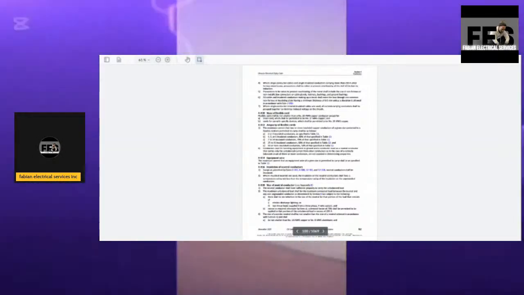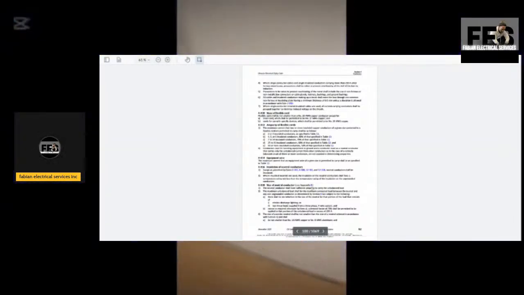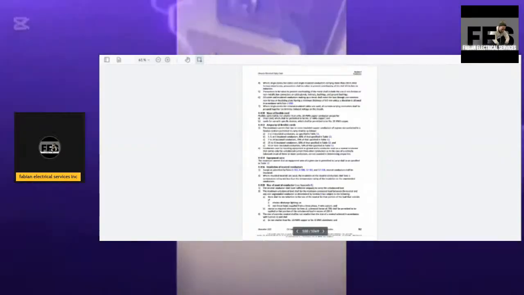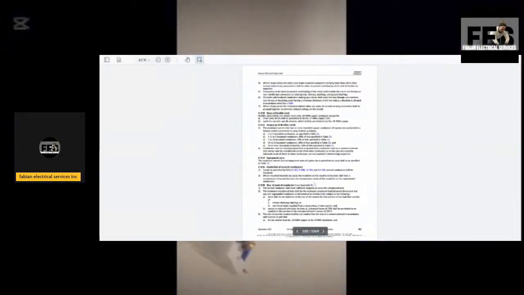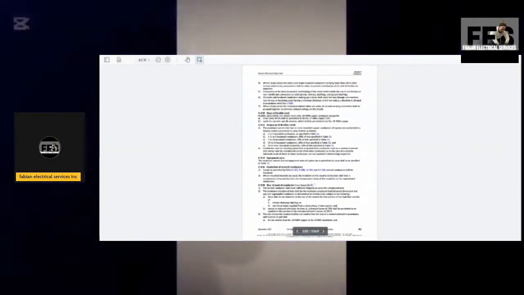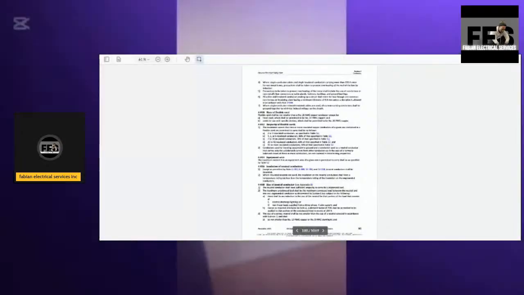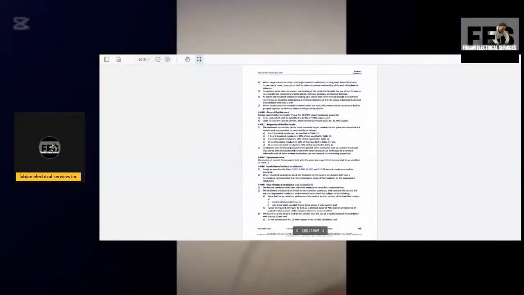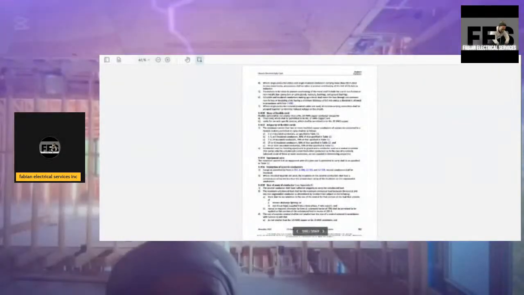Size of neutral conductor, it will also send you to Appendix B, but it will take me a long time to get to Appendix B, so I'm going to stay away from Appendix B, and one day I will actually go into the Appendix